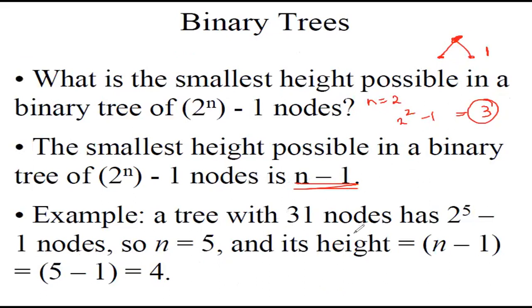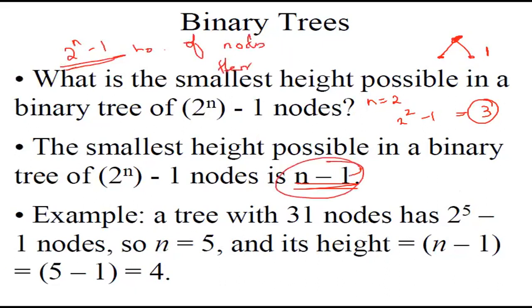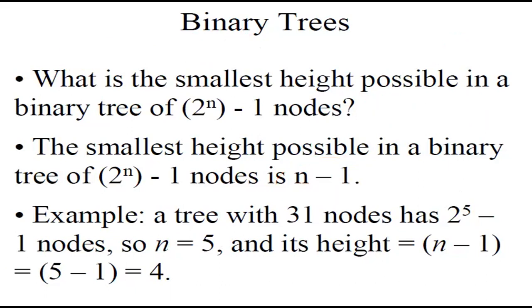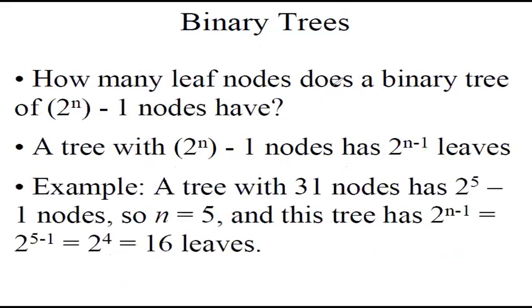A tree with 31 nodes has 2 power 5 minus 1 nodes. So n is equal to 5 and the height will be 4. Okay. So if you have 2 power n minus 1 number of nodes, then the height will be n minus 1. Okay. After that, how many leaf nodes does a binary tree of 2 power n minus 1